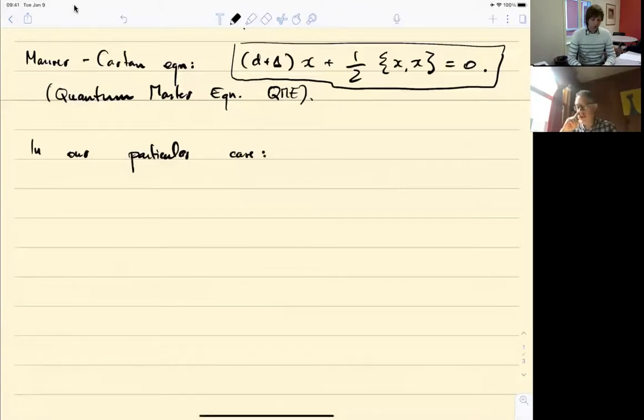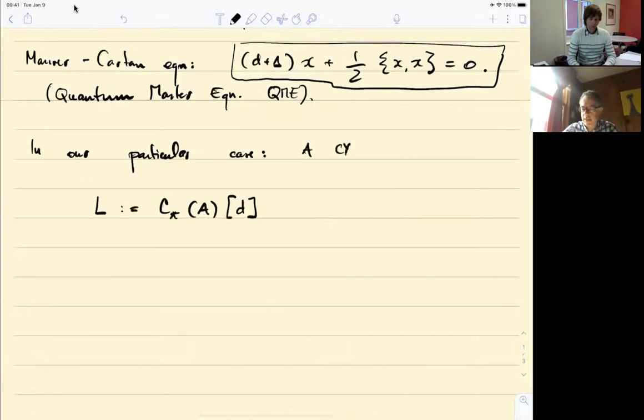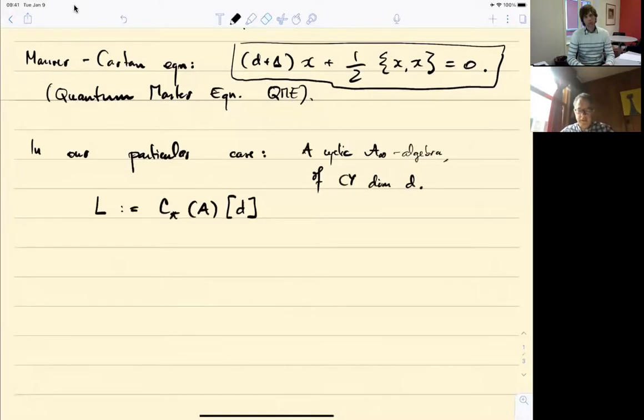So in our particular case, we will be most interested in the following setting. We take L, I remind you, was the Hochschild chains of the algebra A, shifted in degree by D. So A is a Calabi-Yau A infinity algebra of Calabi-Yau dimension D. Maybe let me call this cyclic A infinity algebra, the same thing, of Calabi-Yau dimension D. I take L to be the DG vector space consisting of Hochschild chains of the algebra A together with the Hochschild differential b. It has a circle action